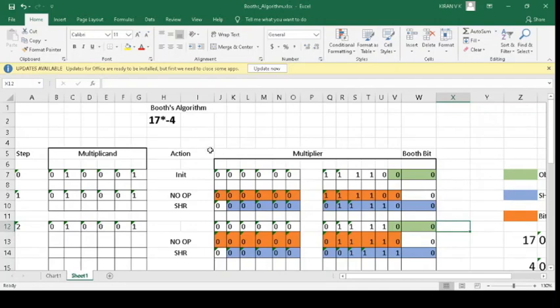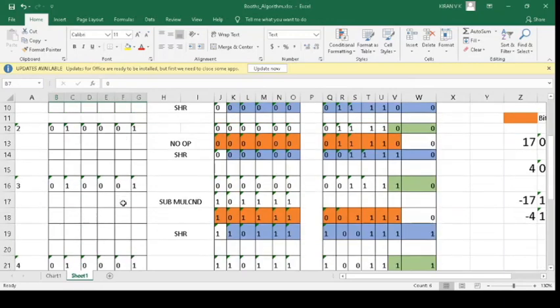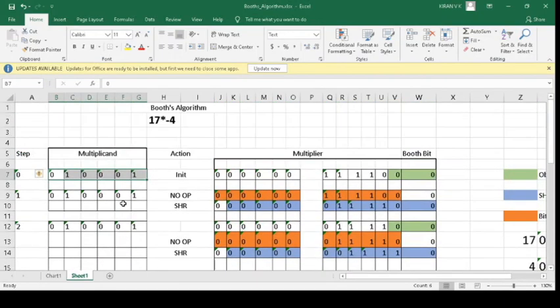As I told you, we need to write the multiplicand in this field. The multiplicand is your 17 in 6-bit format, so that is listed out here, and it is the same across all the 6 steps. Then the next thing is we need to set the multiplier. As I told you, the multiplier has two parts, a right hand side part and a left hand side part. Each should be of size 6 bits, as we have fixed earlier. Then your actual multiplier, that is -4, should be written on the right side part of the multiplier section.